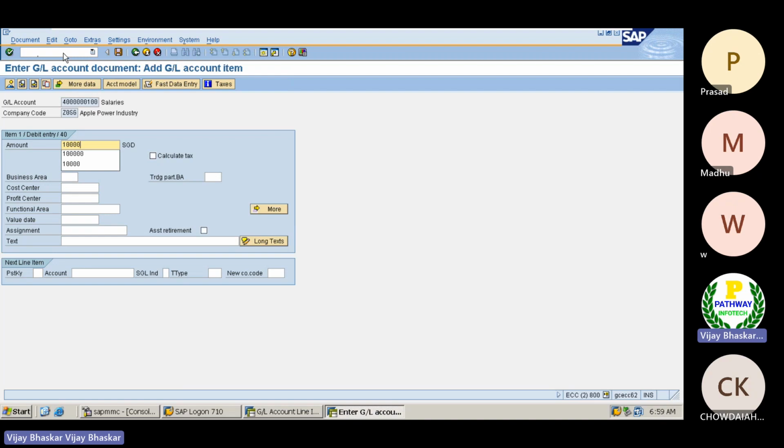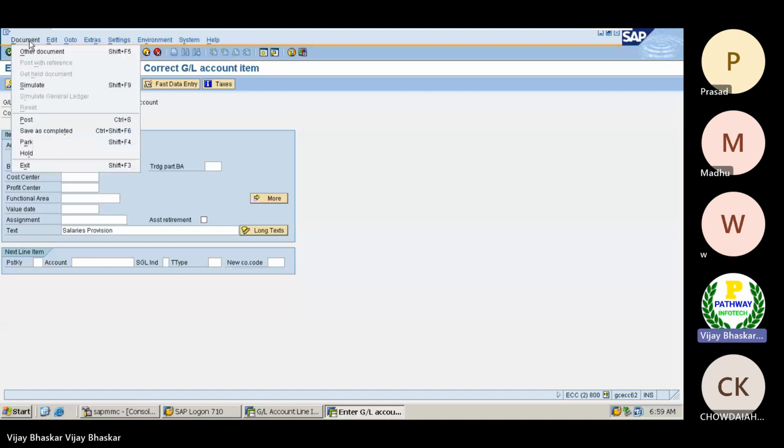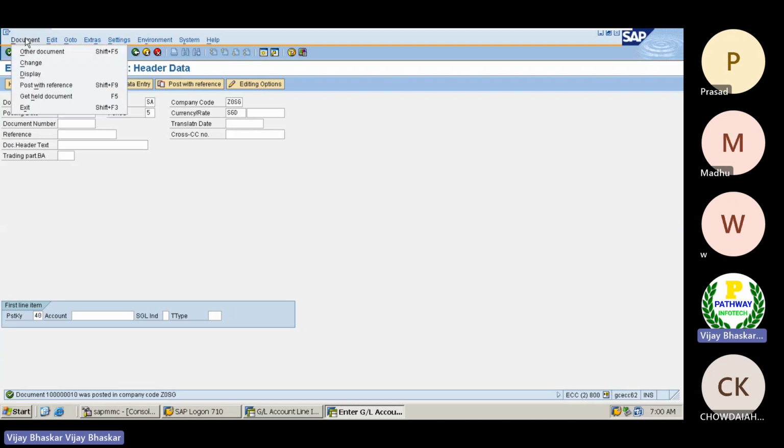Then here the rent payable account which I have taken, salaries provision, then the outstanding account. Simulate here, then post the document. Document 10010 has been posted here.